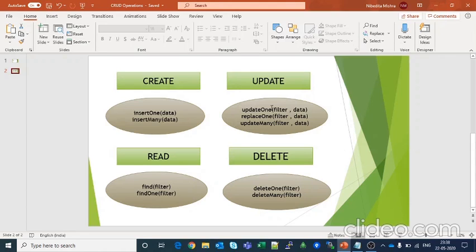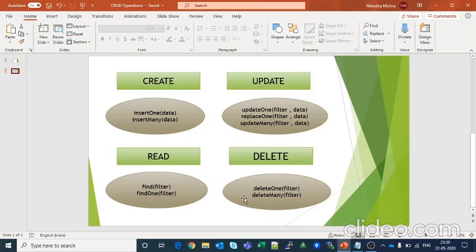And to update a single document, we use updateOne, and to update multiple documents which match the criteria, we use updateMany. And to replace one document, we use replaceOne. And to delete one document from the collection, we use deleteOne, and it deletes the first document which satisfies the criteria that you have passed.